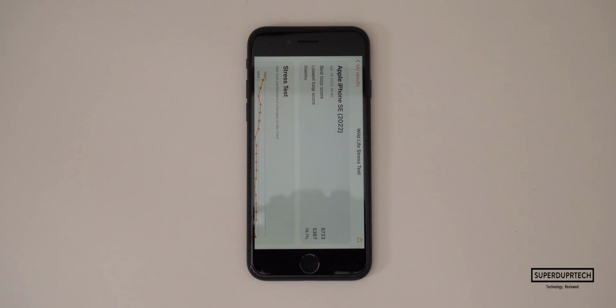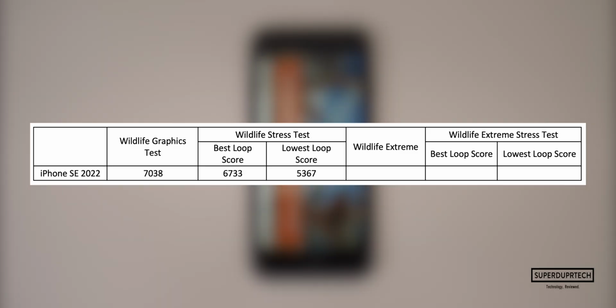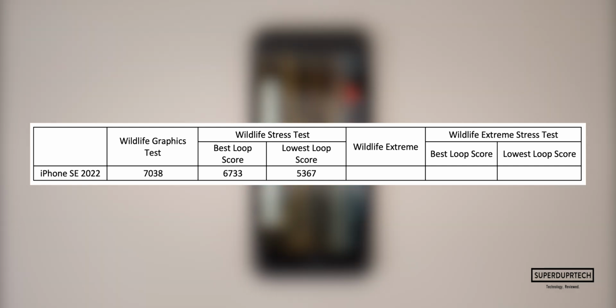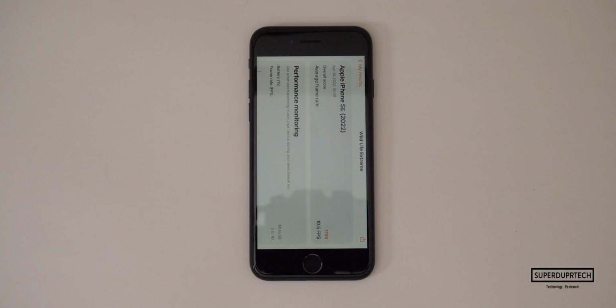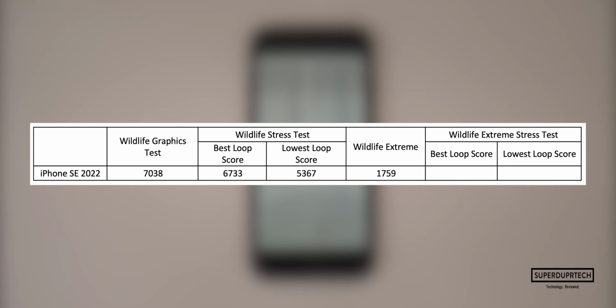we could potentially get higher scores if this iPhone had some sort of vapor chamber to help dissipate the heat away from that A15. I pretty much did the same thing, this time running the Wild Life Extreme graphics test, which, as the name would imply, is a more intensive set of tasks which are designed to run at a higher resolution. When running this test, I got a score of 1,759, and then when I ran the Wild Life Extreme stress test, the high score that I got here, surprisingly enough,